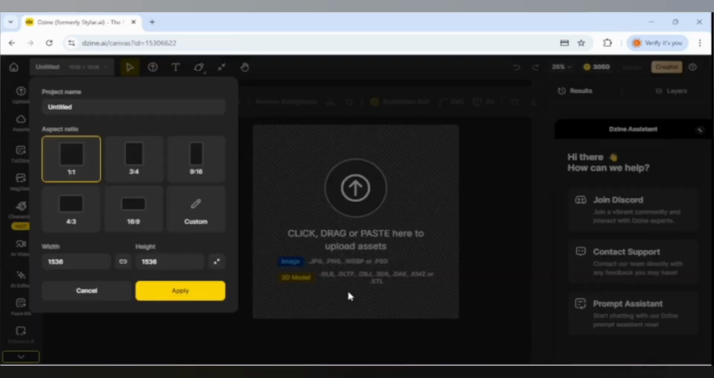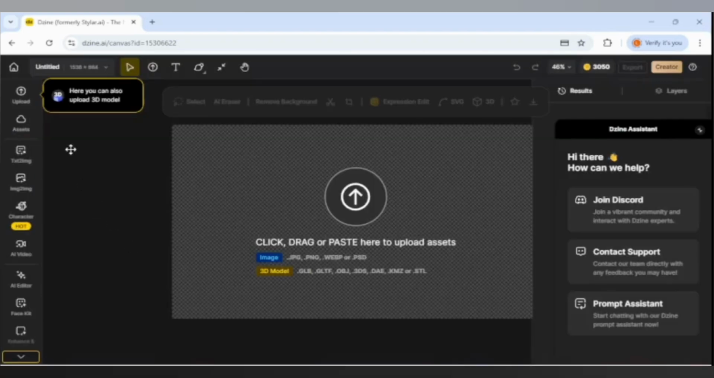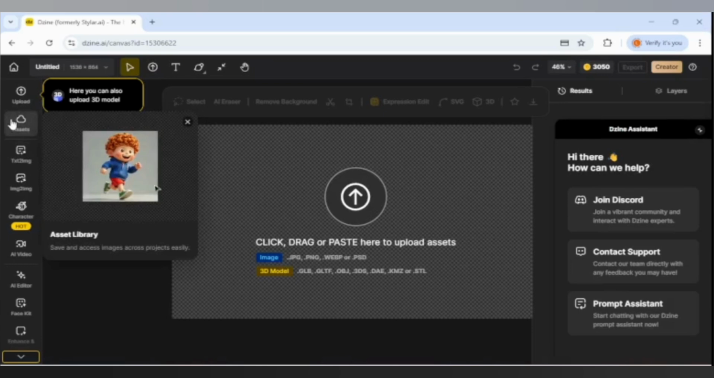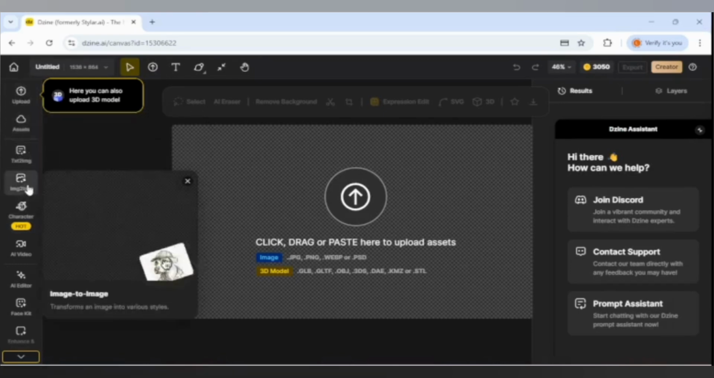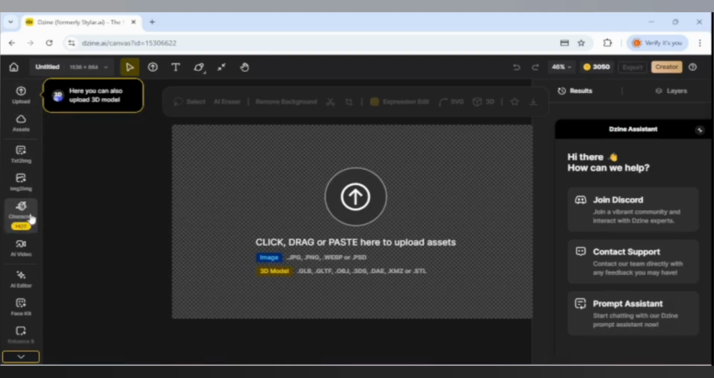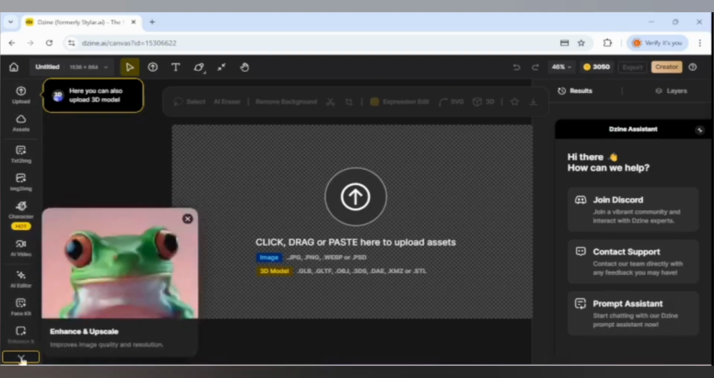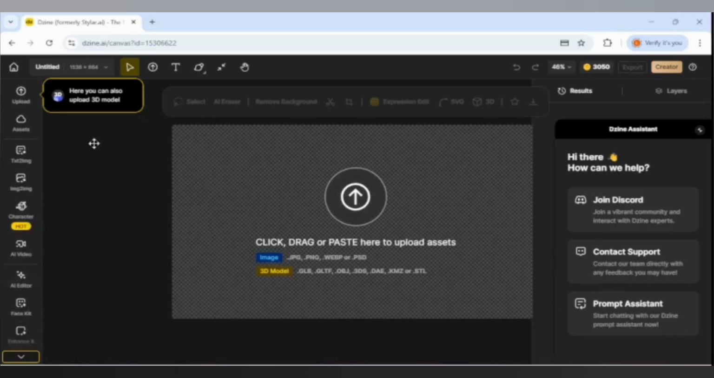This is one of the best sites that I recommend, and as you can see, you can choose what you want to make, for instance if you want this one for videos or stuff like that. And over here on your left hand side, you can upload their assets here, their text to image, image to image, character consistency, AI video, AI editor, face kit, and more. Okay, so that is it, guys. I just wanted to show you